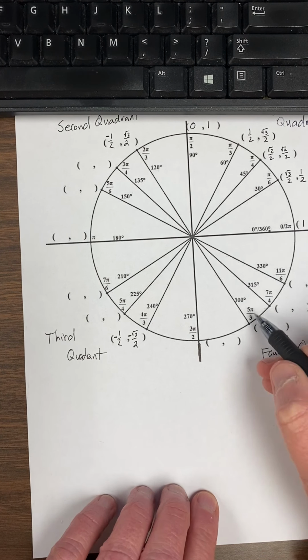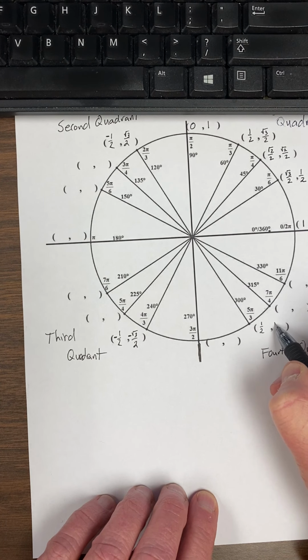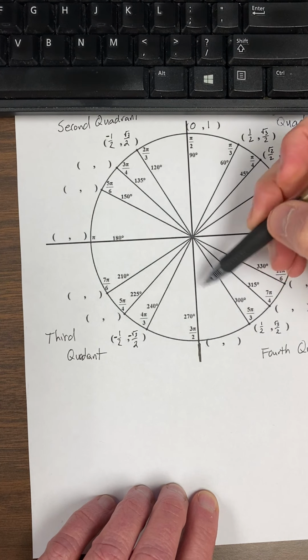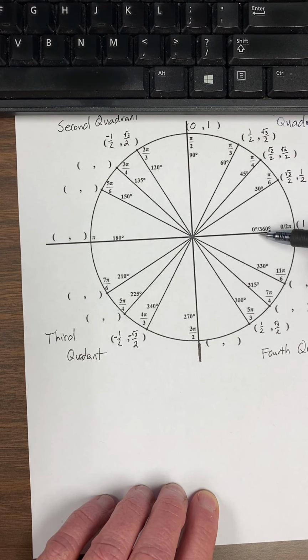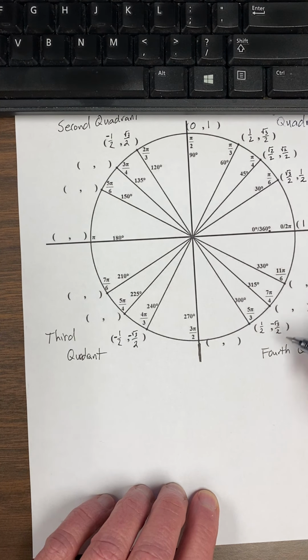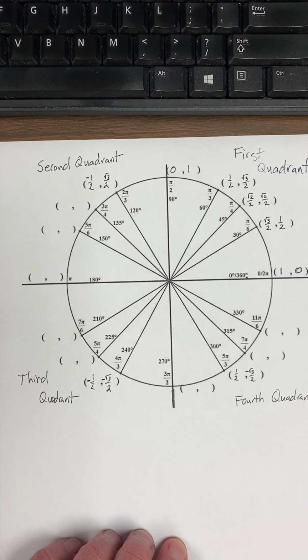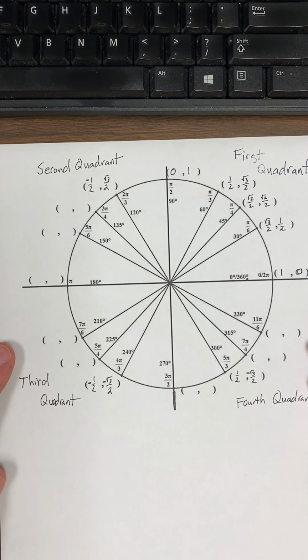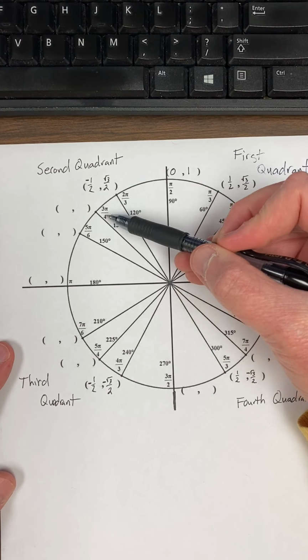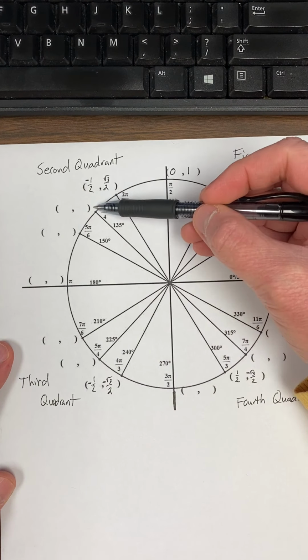And finally, over here, at 5 pi over 3, same form, 1/2, square root of 3 over 2. The x is positive, it's to the right of the y-axis. The y is negative, it looks like this, 1/2, negative the square root of 3 over 2. We could do the same thing for every other point. Every pi over 4, 3 pi over 4, 5 pi over 4, 7 pi over 4, all of those